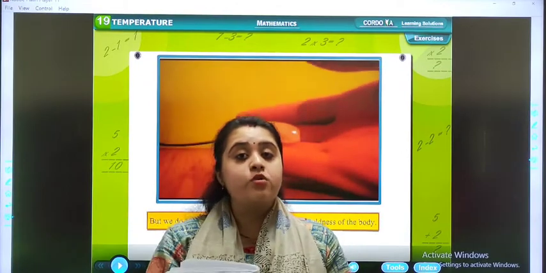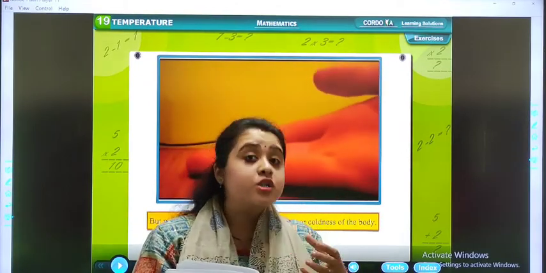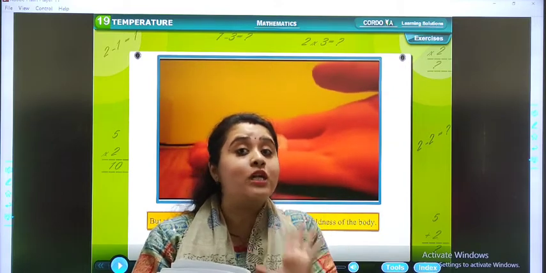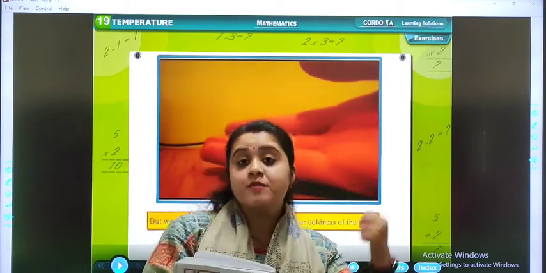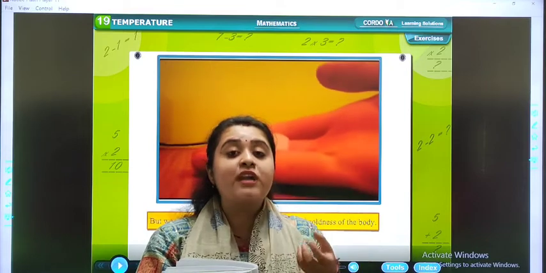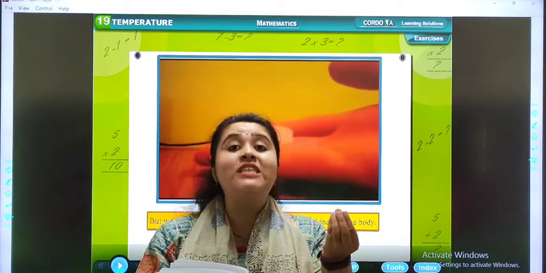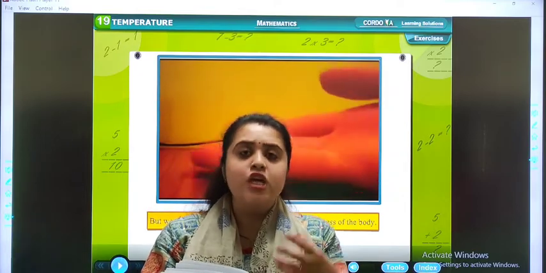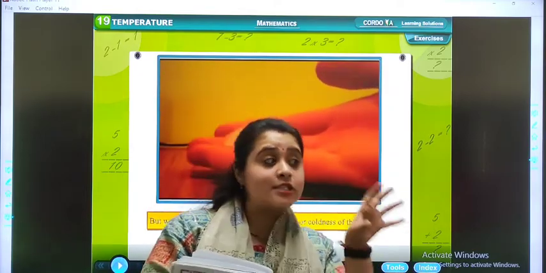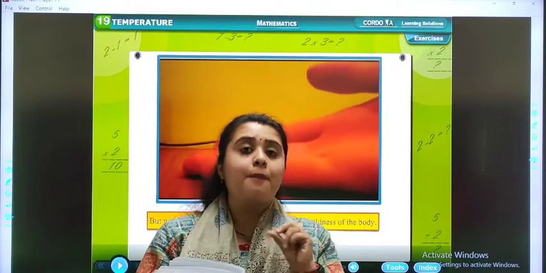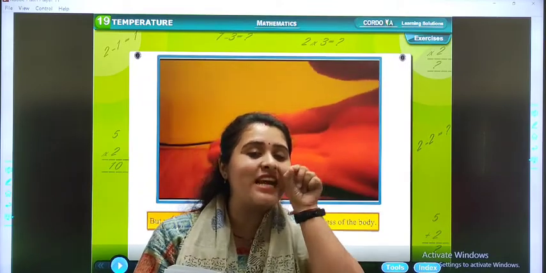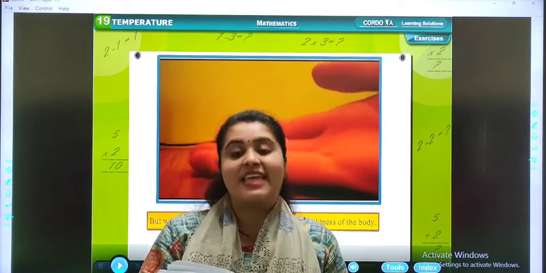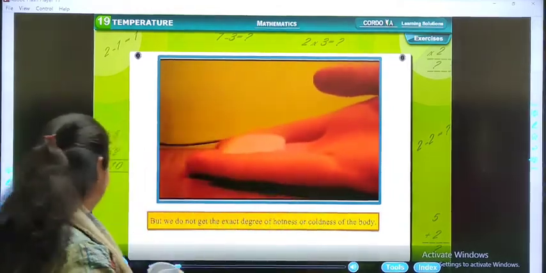Students, when you drink hot water, you can feel the glass is very hot. You can say पानी बहुत गर्म है. अगर आप फ्रिज में से कुछ निकालते हैं, तो you can feel कि जो अंदर चीज है वो बहुत ठंडी है. That is coldness. Okay? So we can feel it is hot or it is cold, but we do not know the exact measure. With the help of some formulas, we can find the exact measure.